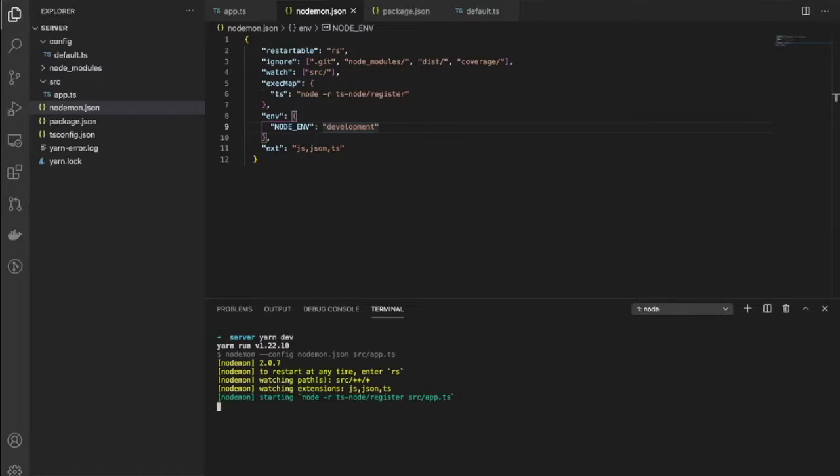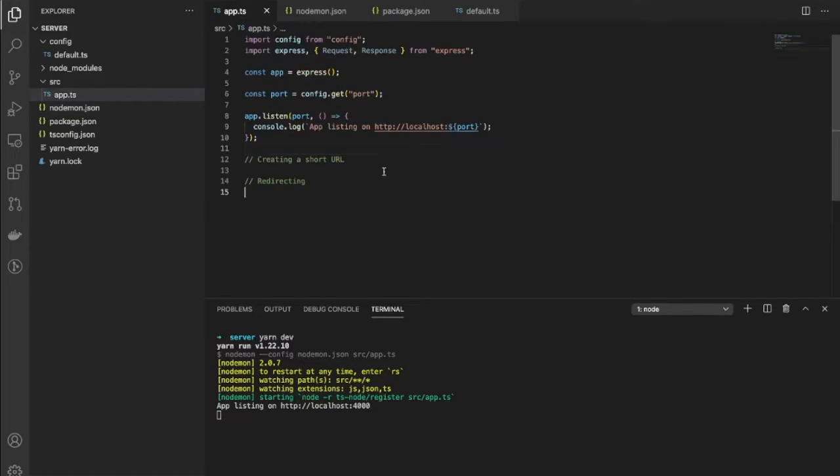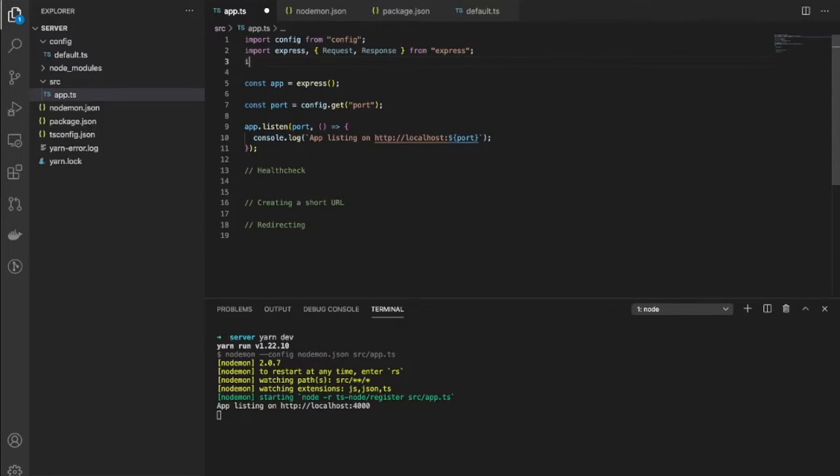Try this again, and the app is listening on port 4000. It looks like config worked as well. Awesome. So let's make our first endpoint a health check, so we can hit that and make sure our API is up, and we can import